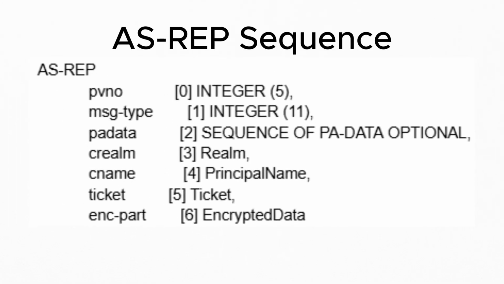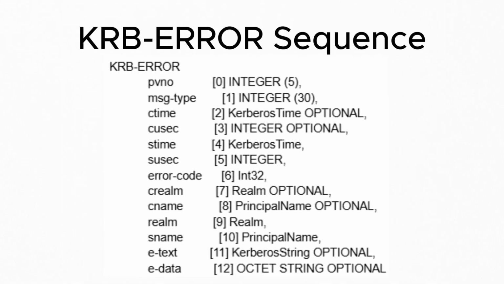Now this is going to be as follows. It's going to be PVNO. Sorry, I really don't remember what that stands for. Then we have message type, PA data, client realm, client name, ticket, and then the encrypted part. And then Kerberos error is also very important, because if something goes wrong, this is where we're going to get our error message from, so that we can know either, oh,